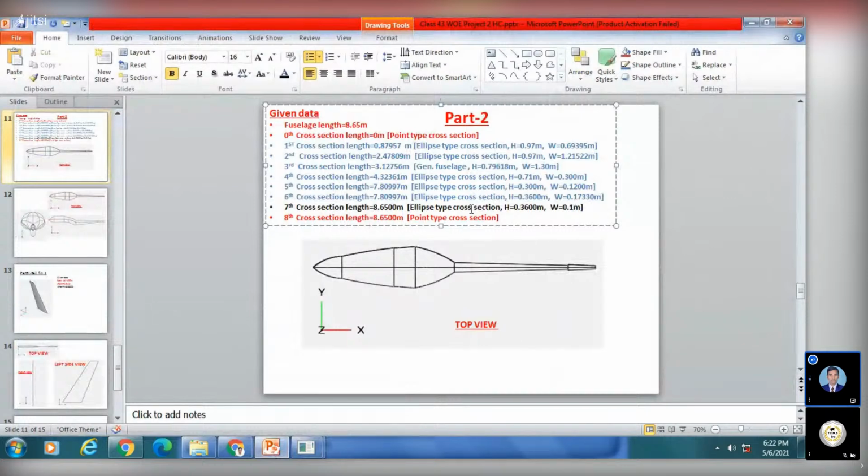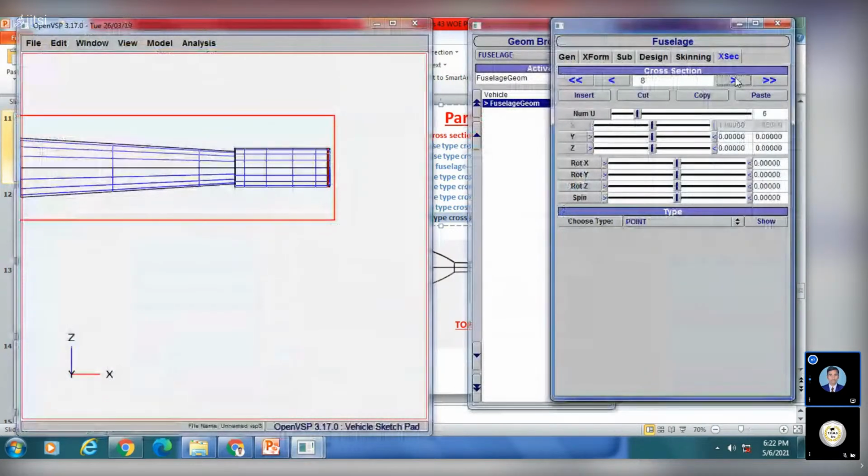0.1 or 0.10, that's the same. Now this is done, so I'll mark this with blue. Now lastly we have the eighth cross section. Okay, this one. So now I'll jump to the eighth cross section, and here there is no need to